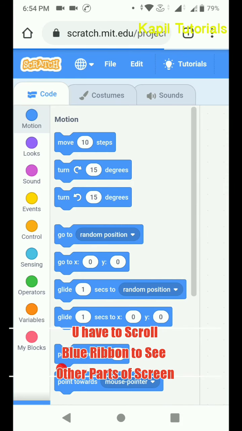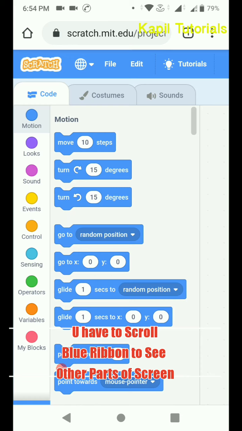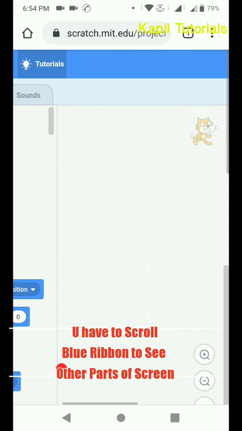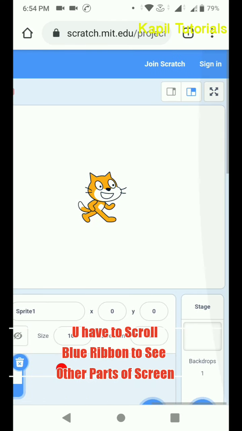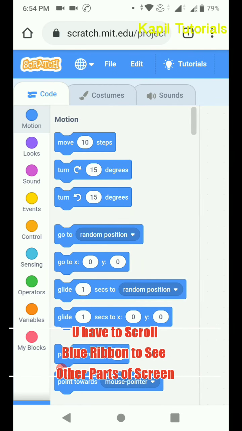I'm using Google Chrome. Okay. So this is okay for me. And now if I have to make one program here, you are only able to see one screen at a time. The blue screen, if you just scroll down, you are able to see all. In this case, I have not installed Scratch, but I am using the online editor, but internet should be there. This is very important. Internet should be present on your mobile. Then only you are able to use Scratch in this way.